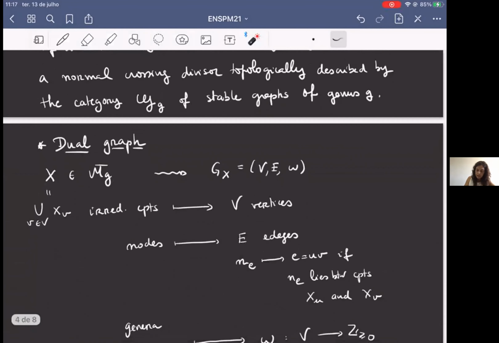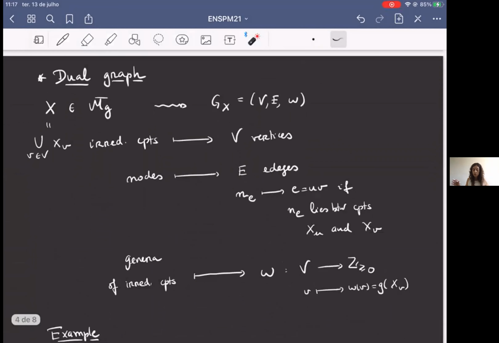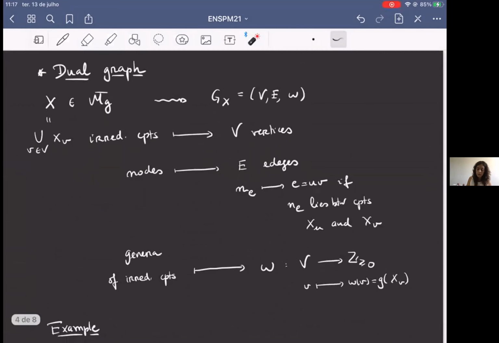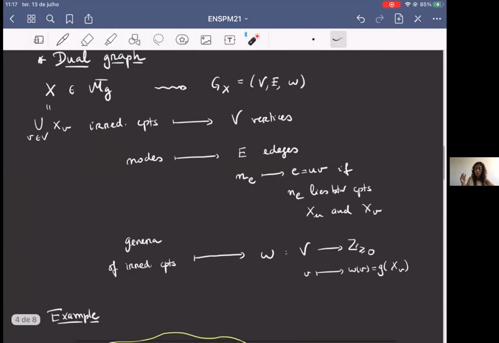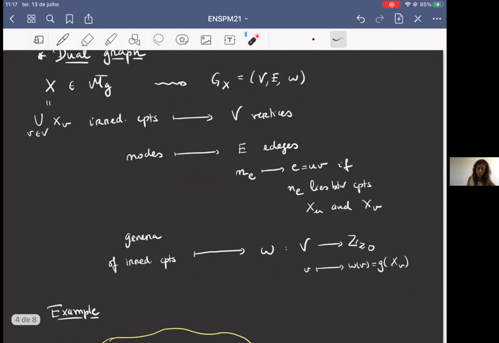So for that, let me remind you about the dual graph of a curve. So consider a curve in M_g bar. So this is a stable curve, so a nodal curve with several irreducible components. So we associate to each curve a graph, which is going to be denoted like this. It's going to have some vertices, edges, and a weight function on vertices. So the irreducible components of your curve will be mapped to vertices, and nodes will be mapped to edges in